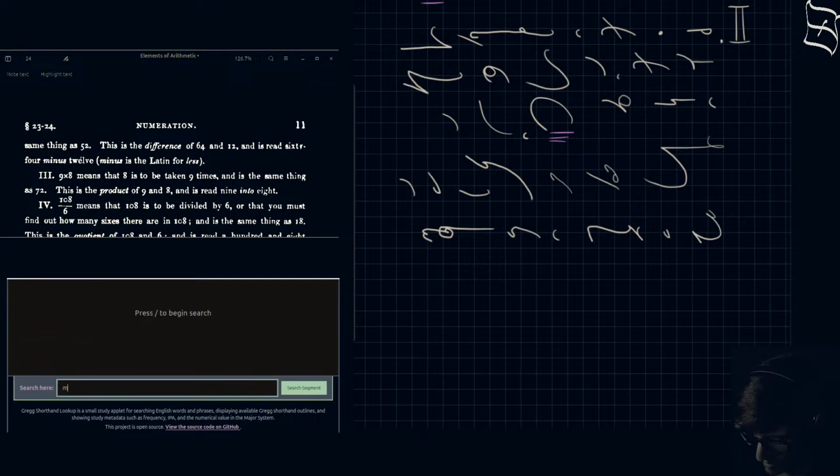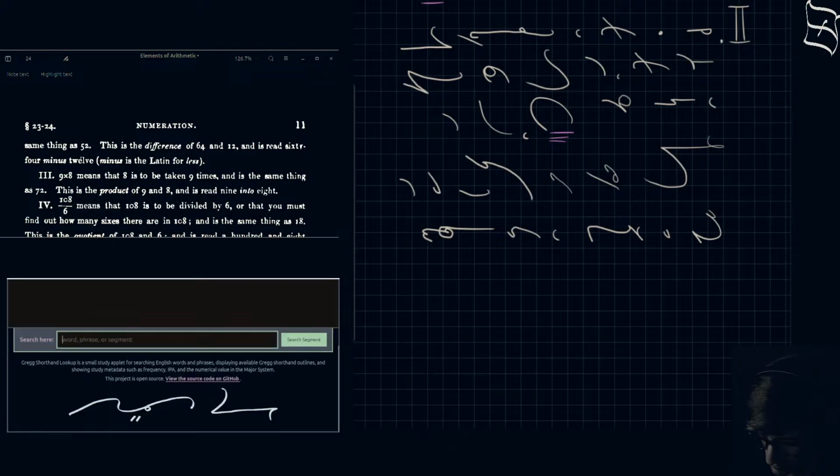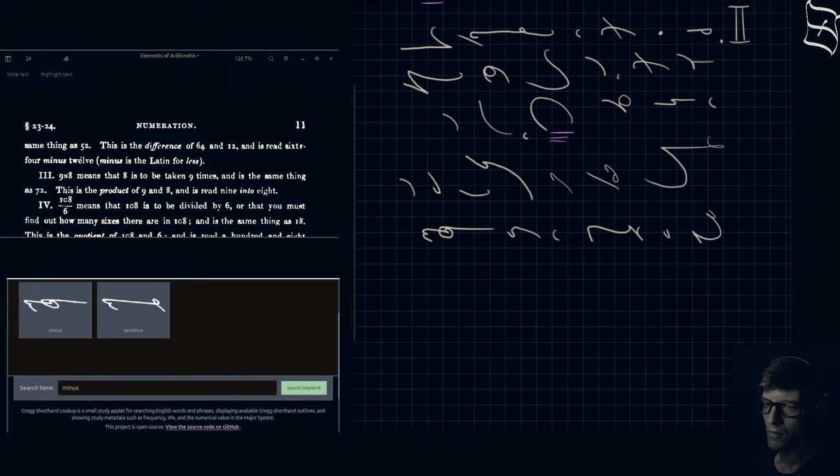So let's check minus. Minus. Okay, so let's go ahead and fix that up a little bit. So the operation of subtraction is called minus and is read as